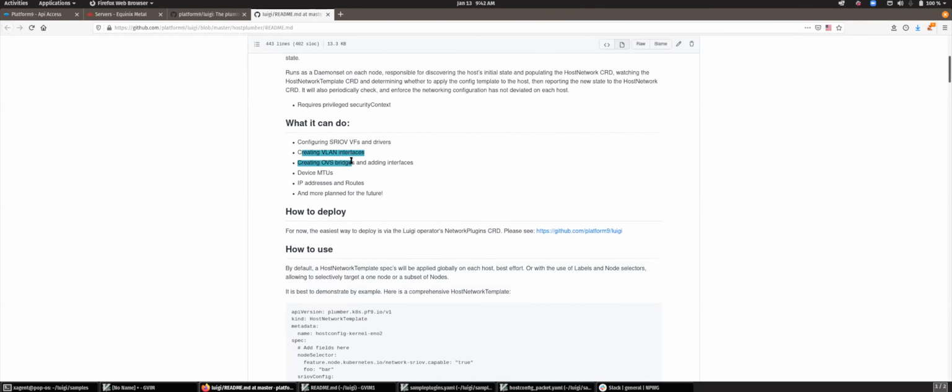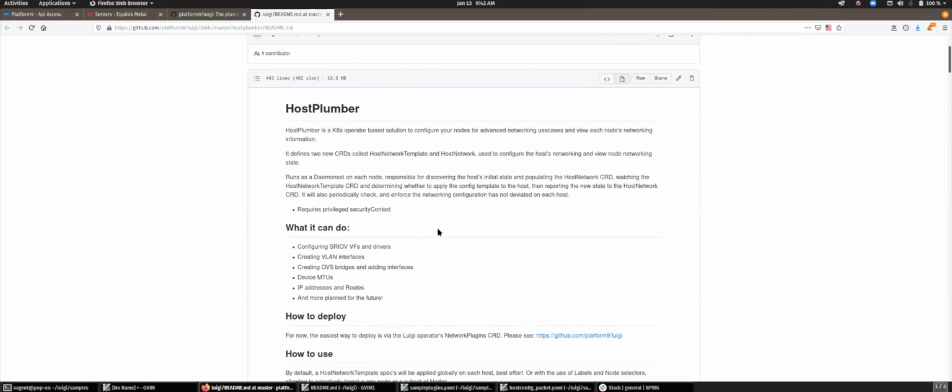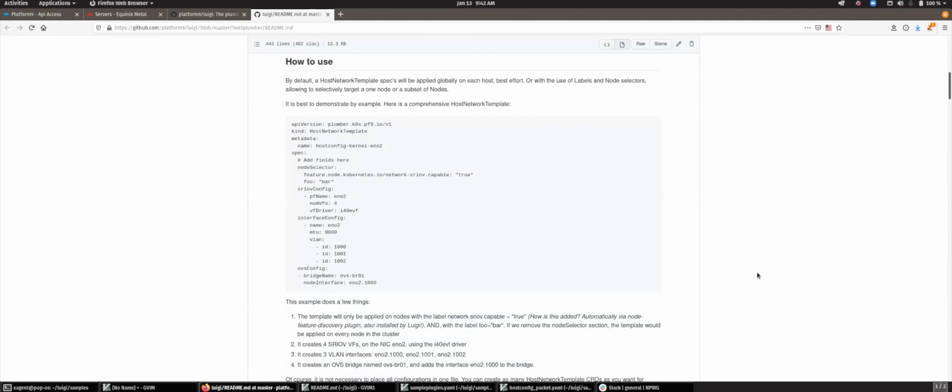We can create VLAN interfaces, OVS bridges, MTUs, IPs, and routes, and we have more planned in the future. Open to suggestions as well. We can do sysctl, bonding. The goal is that this is just an operator that will help you configure it. The best way to show what it can do is a comprehensive example here.